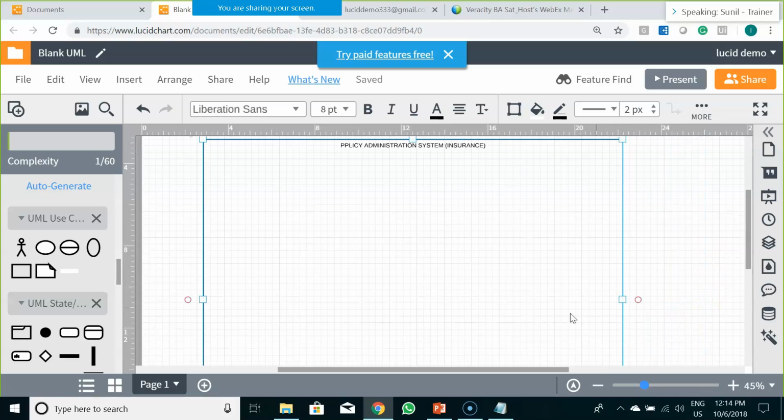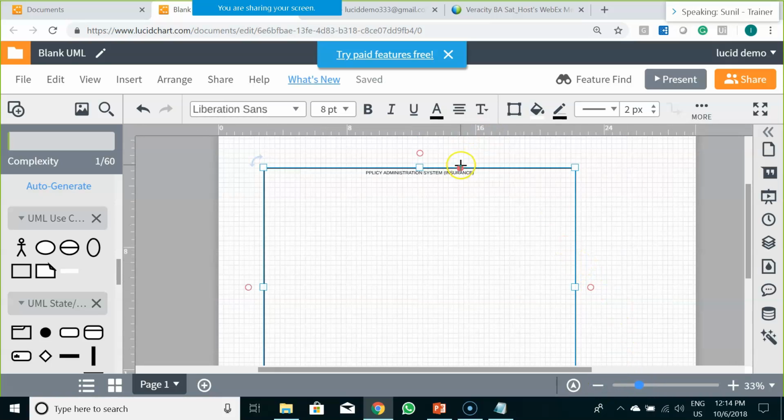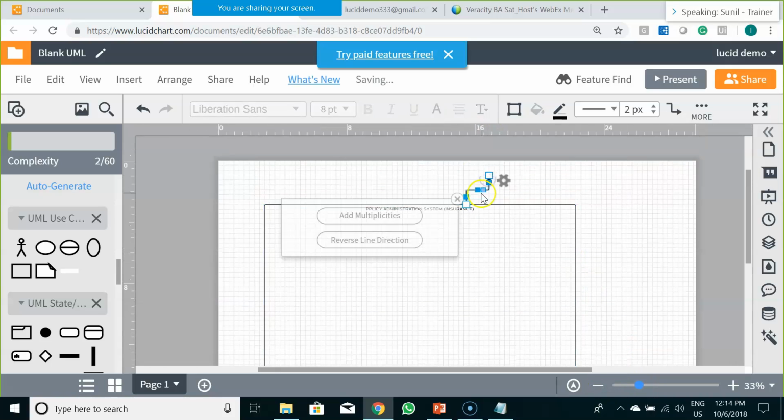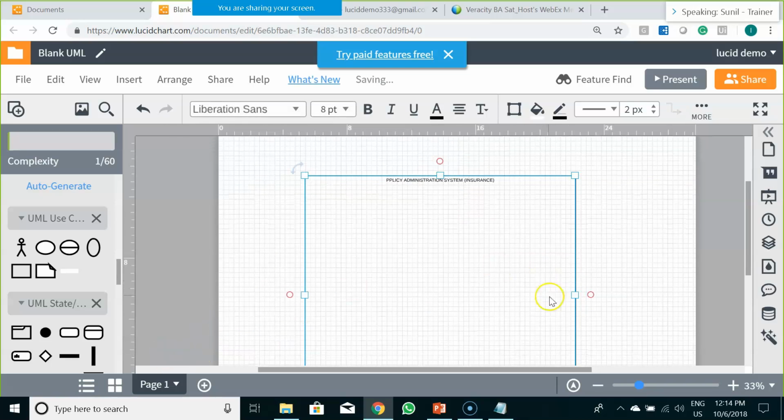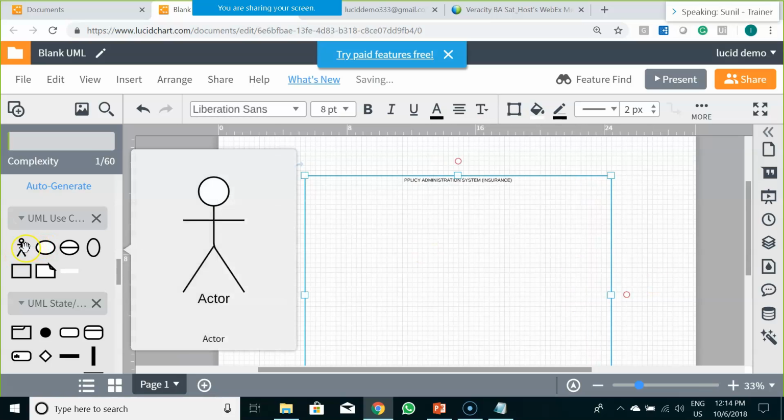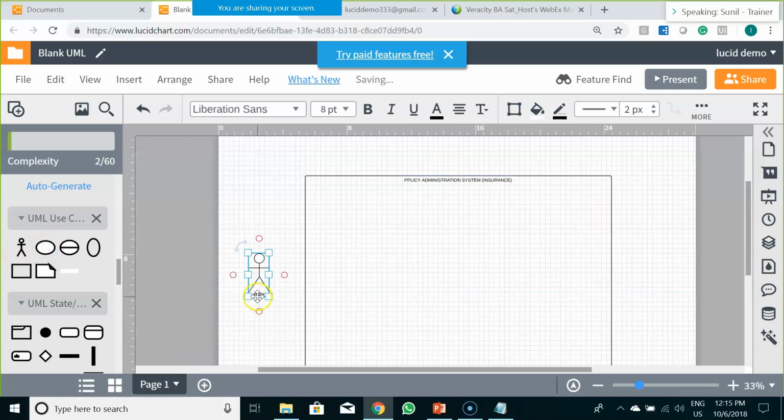Now we need certain actors who would act in this system, or who would essentially be interacting with this system. Now who all could be the actor over here? An actor would be your end user, whom I would name as insured.